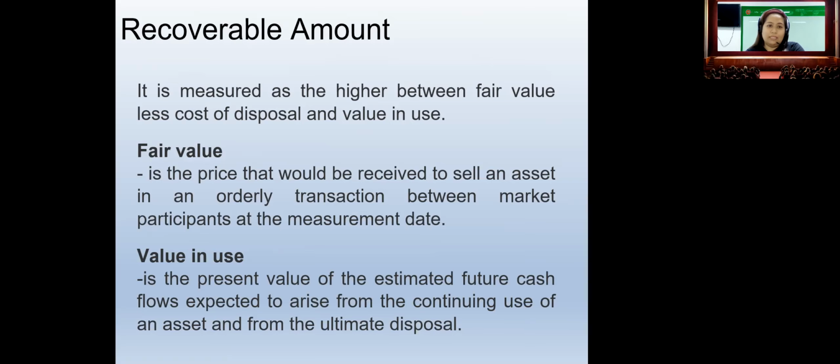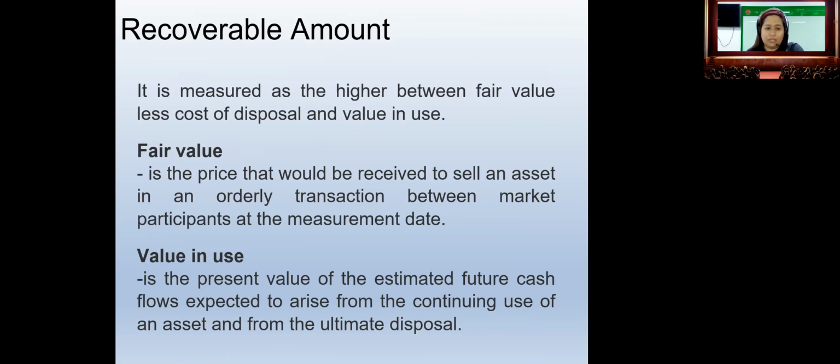Recoverable amount is measured as the higher between the fair value less cost of disposal and value in use. Okay? Pag sinabi mong fair value, price that would be received to sell an asset in an orderly transaction between market participants at the measurement date. So, ang titingnan natin dito, pag binenta natin yan, magkano ang kanyang market price or magkano ang kanyang fair value